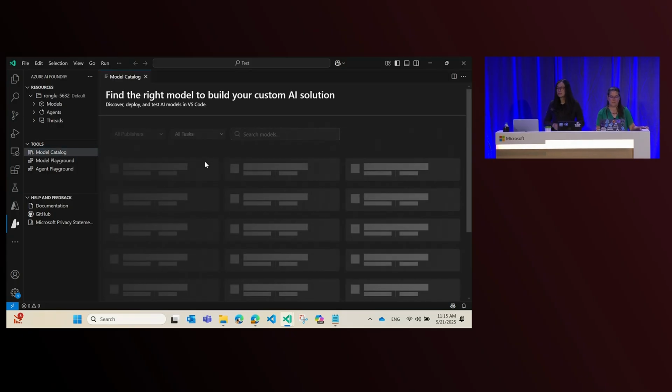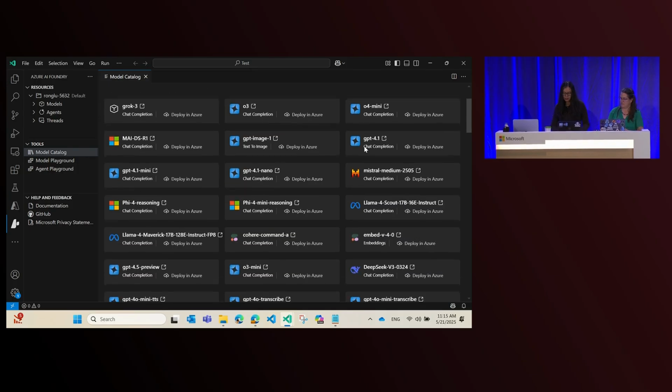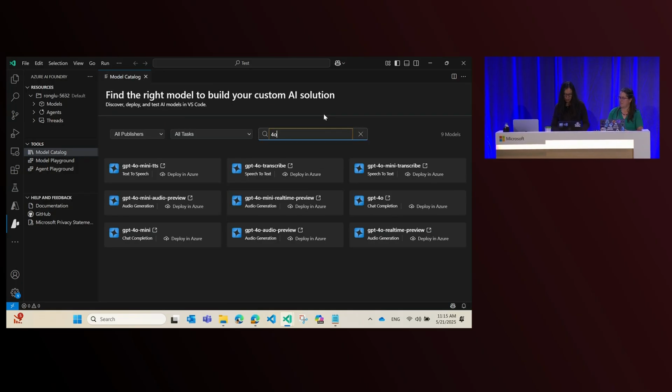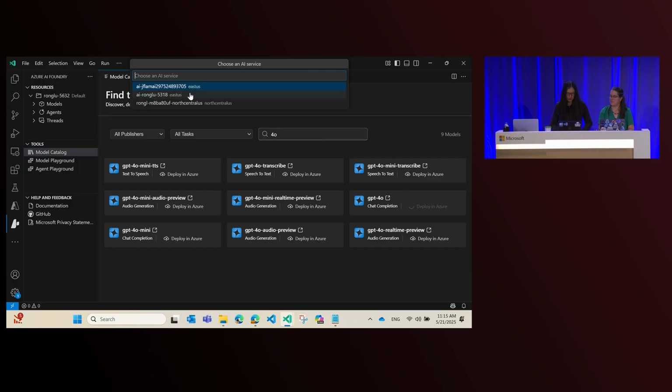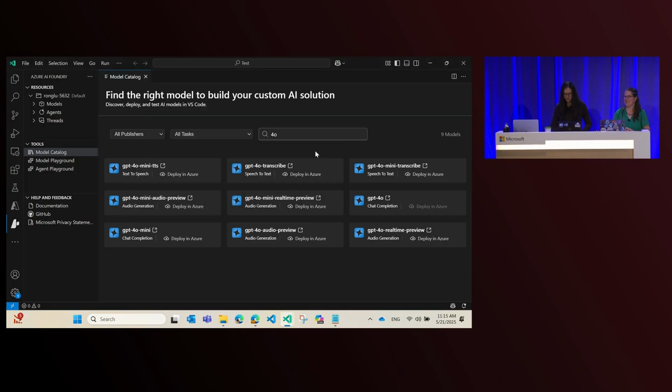Since our goal is to get the GPT-4o model we used earlier locally into Foundry, we're going to look at the catalog. This, again, has a long list of models that's already available in the Foundry service. So let's do a quick search and say I want a 4o model, which is right here. And all I have to do is hit that button that says Deploy to Azure. And select my AI service. I want the latest model and the global standard region. And I'm just going to keep that name. Yes, it's going to incur cost. Yes. And done. Two seconds, right?